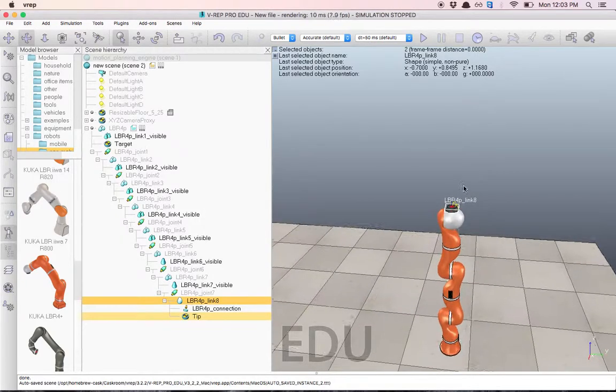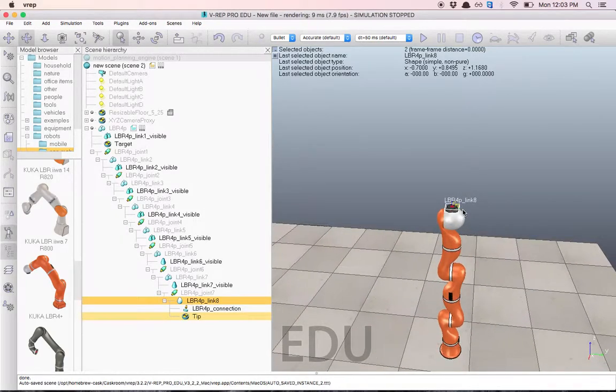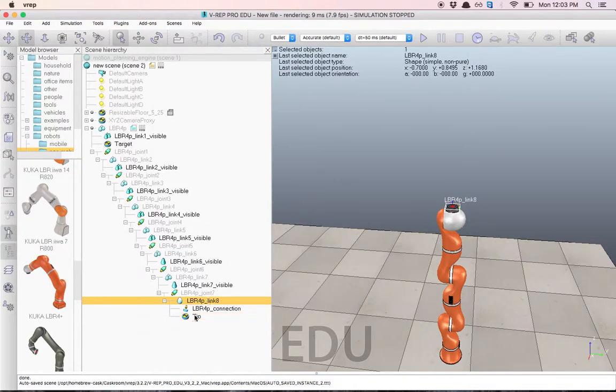Oh, it's over here in yellow. Okay. Tip. Okay, great. So for the target, we want to do the same at first because if we set